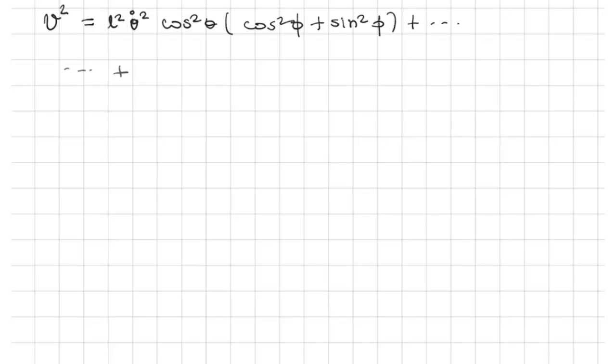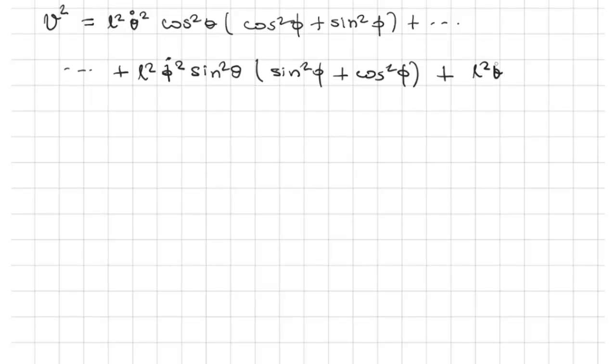We have v squared is equal to L squared theta dot squared cosine squared of theta, multiplying cosine squared of phi plus sine squared of phi, plus L squared phi dot squared sine squared of theta multiplying sine squared of phi plus cosine squared of phi. And we have obviously the last term of the equation, L squared phi dot theta dot squared sine squared of theta. Okay, we know guys that this is equal to 1 because of the trigonometric identity sine squared plus cosine squared